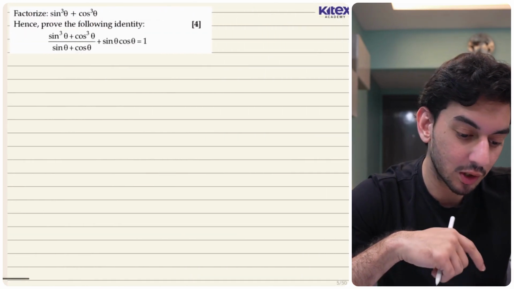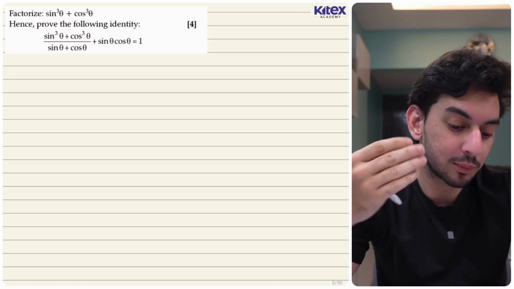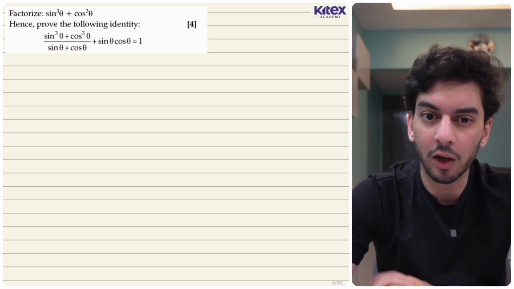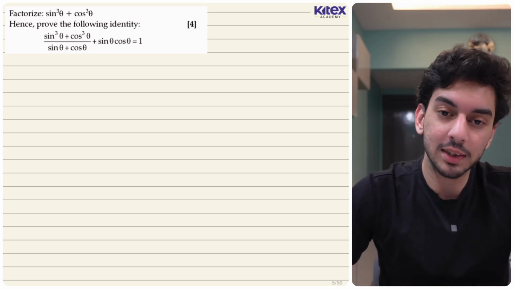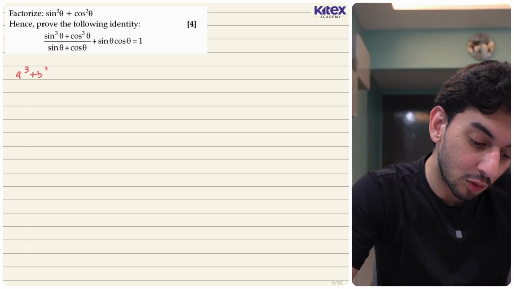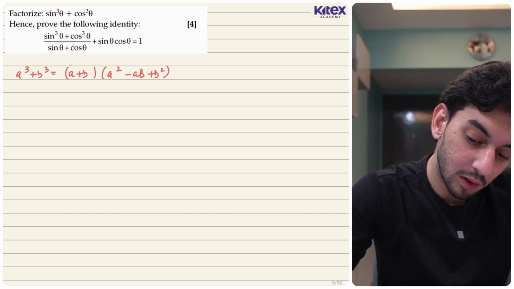Okay, next question. The next question says factorize sin cube theta plus cos cube theta, hence prove the following identity. Okay, factorizing, again kind of a repeated question. We know that this is a cube plus b cube, so I can say a cube plus b cube is equal to a plus b times a square minus ab plus b square. Therefore